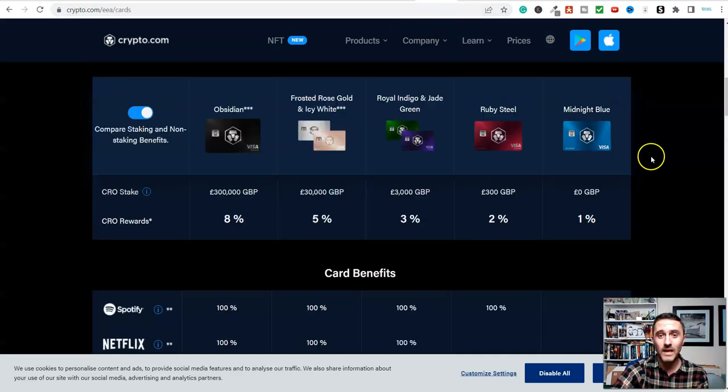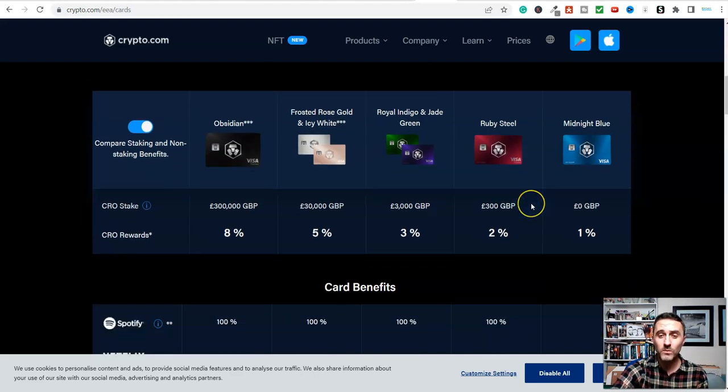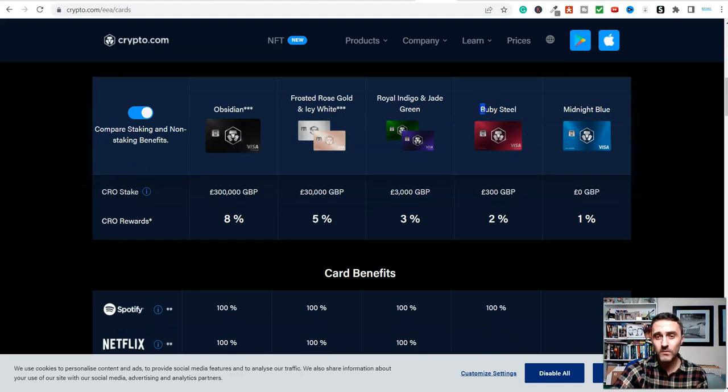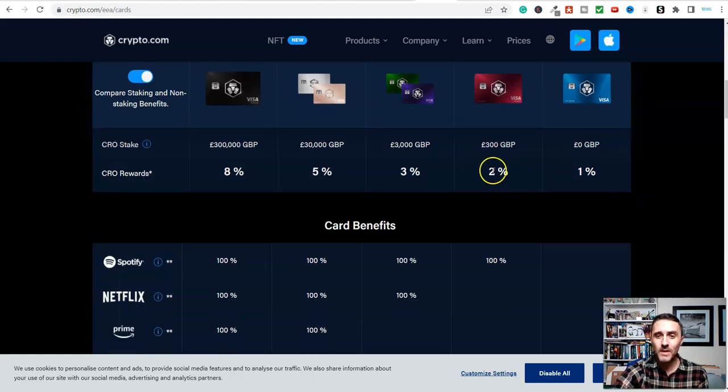for using their card. Now, the reason why I use this card and recommend it, unlike a credit card, with this one over here, you fund the money yourself. So what that means is, with this Ruby Steel card here, every month I upload some money onto the card using the app, and then I just use the card shopping literally just like a normal bank card. I can't go overdrawn with this because it doesn't allow you to do that. But every time I'm using this, I am earning 2% from every online shop that I'm doing, or wherever I'm spending it. So that's just two ways you can actually get paid for shopping online,